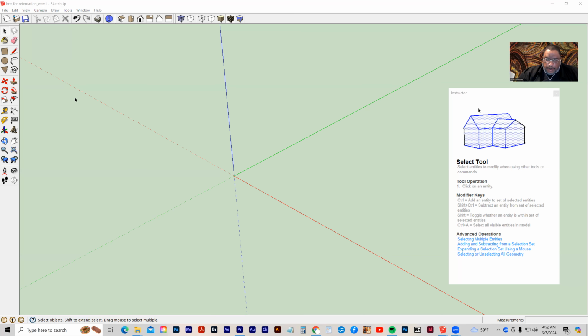All right, so let's start working a little bit with the pencil tool. We're going to do a couple of different exercises that I've got for you to do on your own. It's going to be a little bit of fun. First thing I'm going to do is grab my